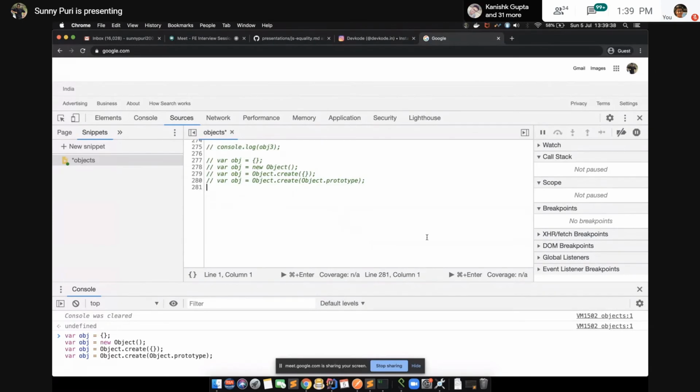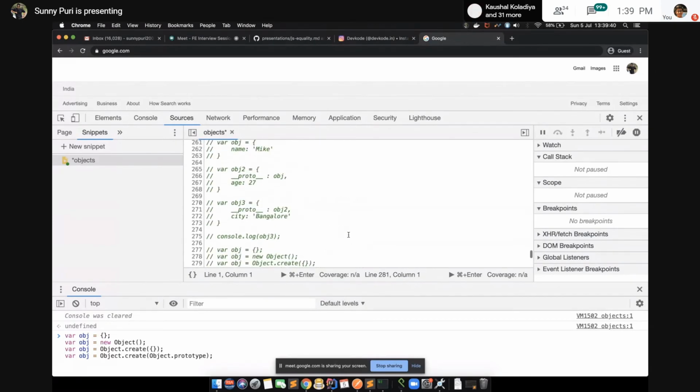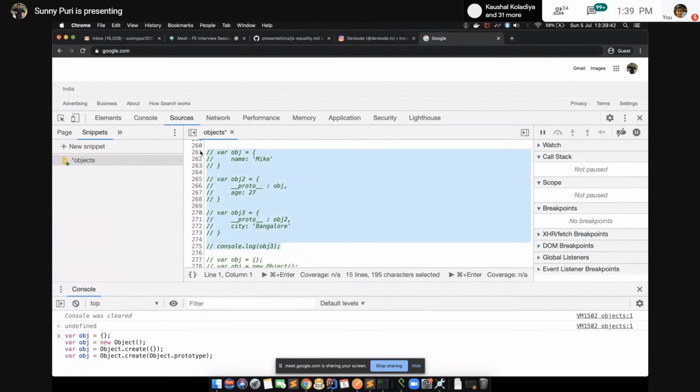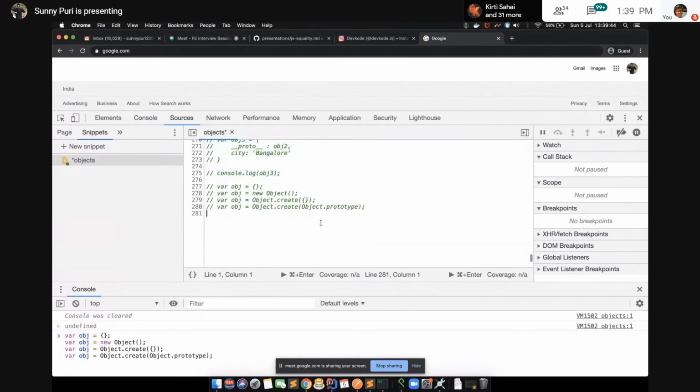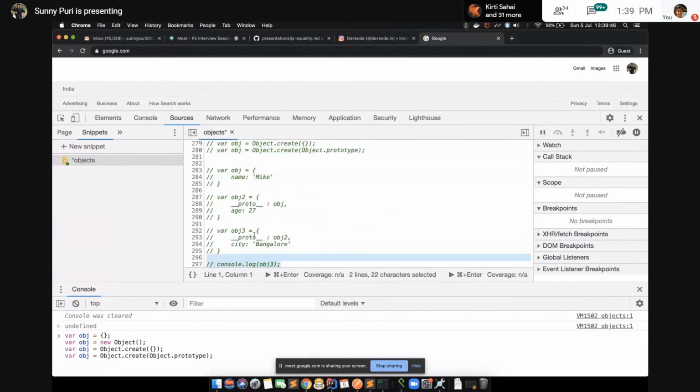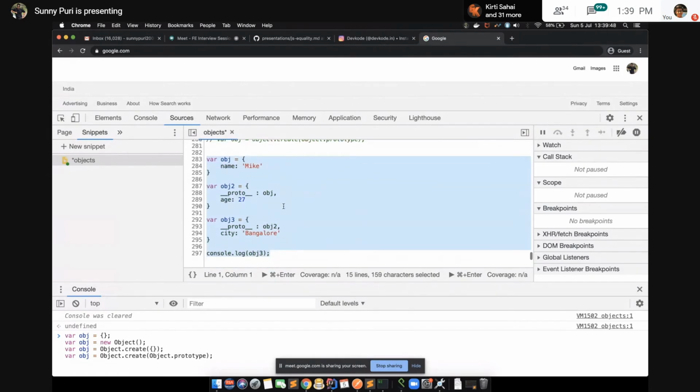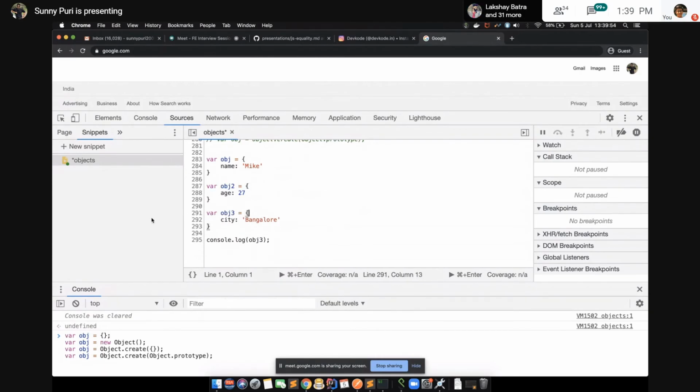Let's take the same example. We are doing something like this. With the help of proto or Object.create, we are basically doing inheritance. We can access all the name and age, every property.